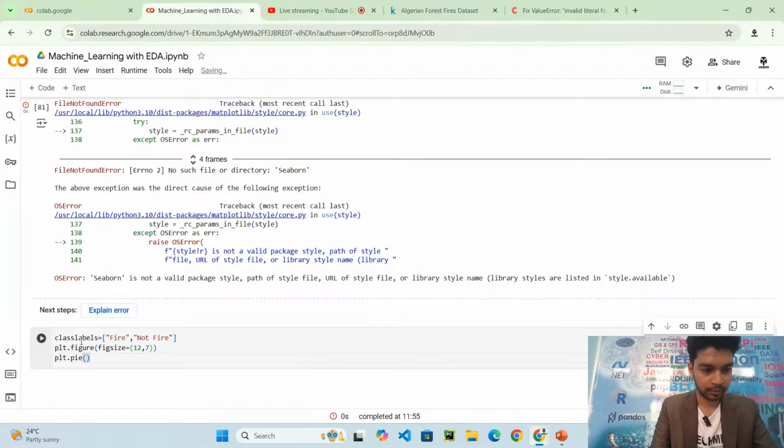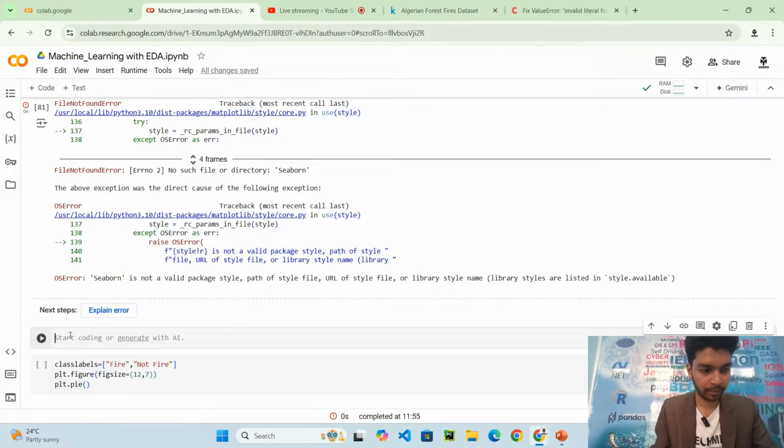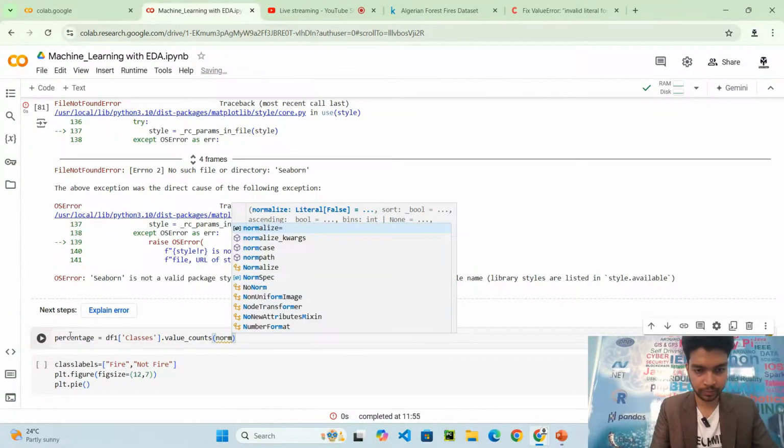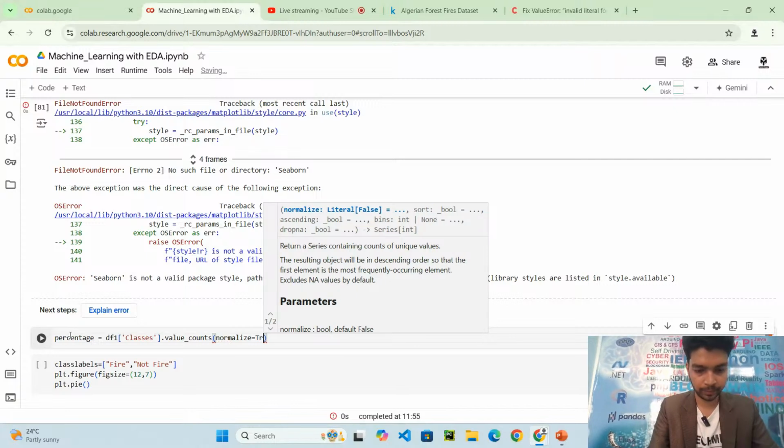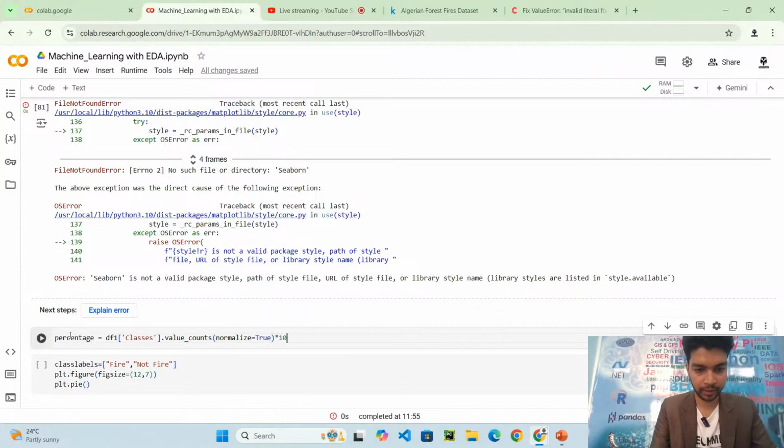Before that, let me create a percentage equal to df1 classes dot value counts, normalize equal to True, and I will multiply it with 100.